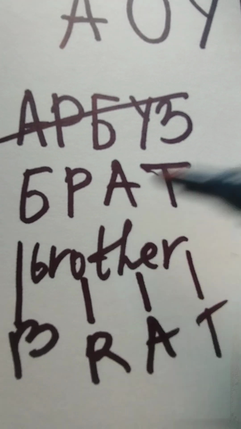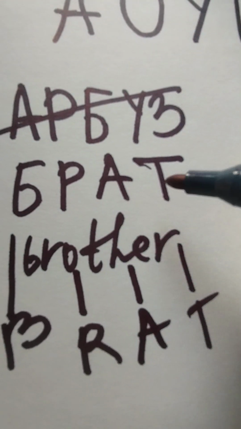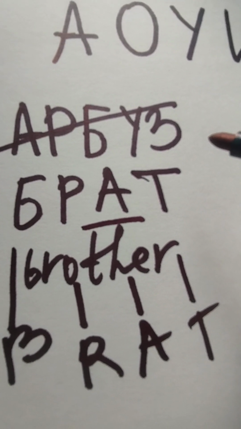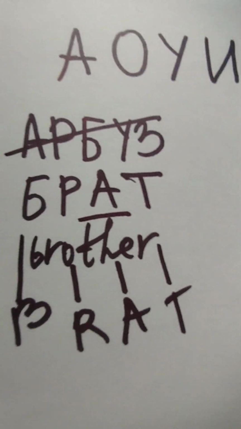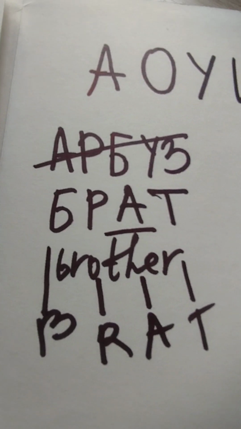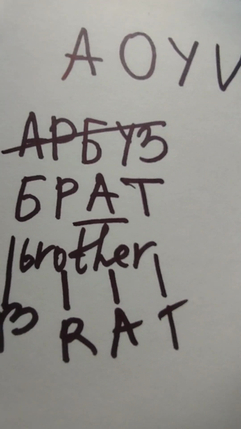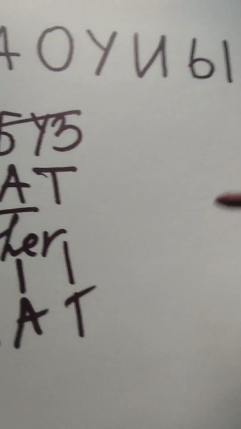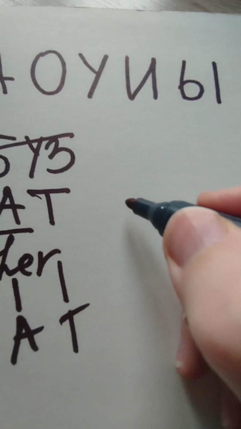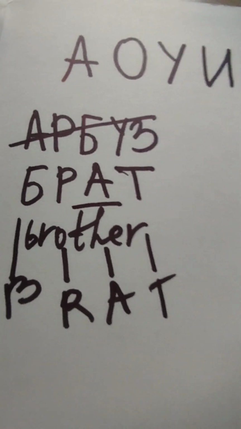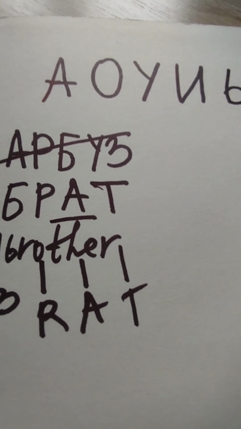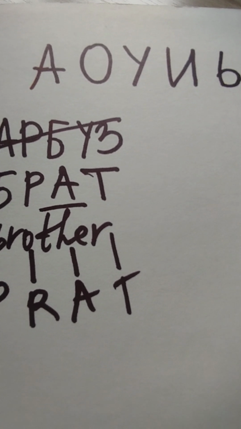So, brat. Here we pronounce A this way, A, brat. But sometimes we pronounce A different. For example, in the word, what word? I need to think what word. For example, word